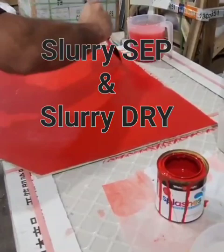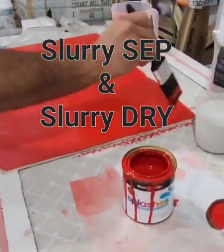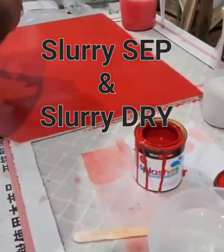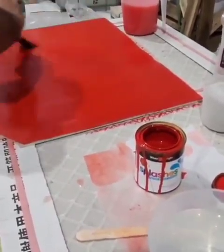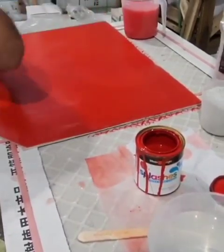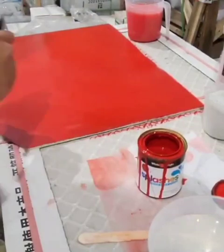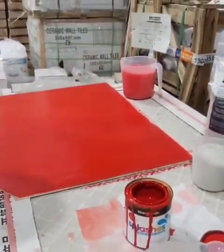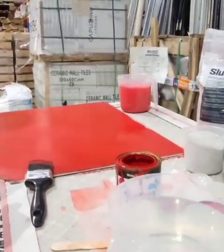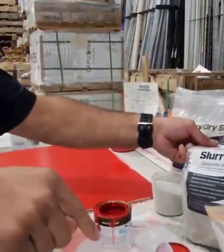Here, just so the brush really gets a good workout, and we're replicating what happens on site. Okay. Alright, leave that in. So now what we're going to do, we're going to put a bit of slurry sep